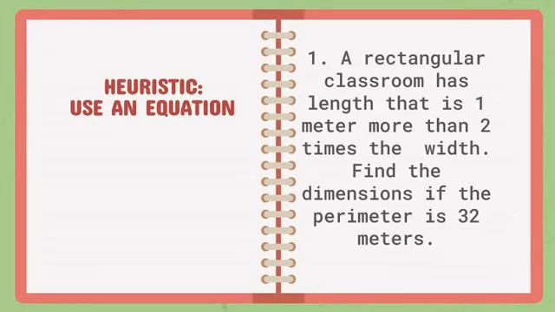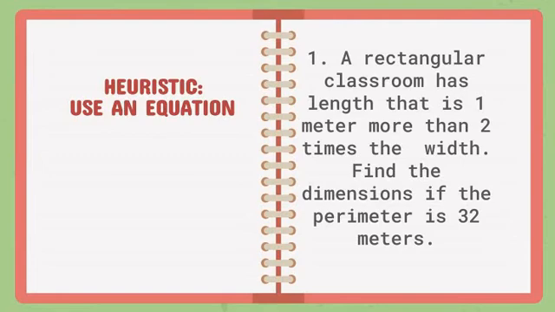For example, the problem I've given you is a rectangular classroom has length that is 1 meter more than 2 times the width. Find the dimensions if the perimeter is 32 meters. When you say dimensions, what is the length, what is the width? What's the measure of the length? What's the measure of the width? In this case, you should know